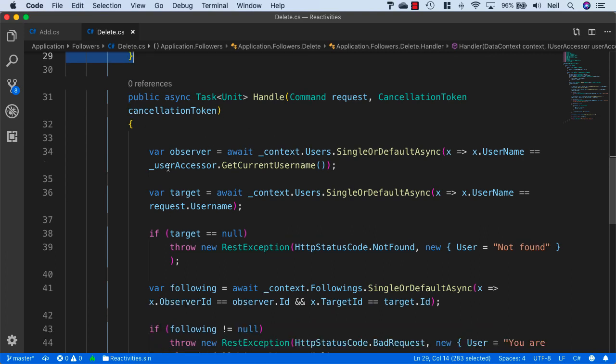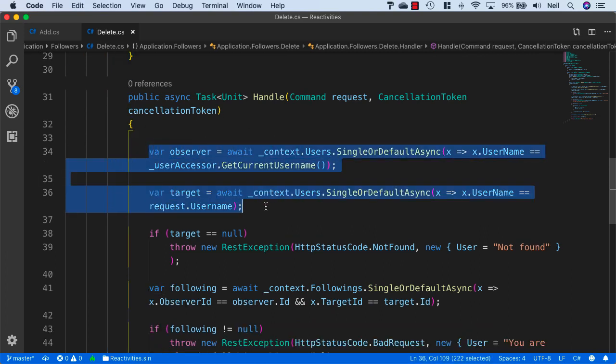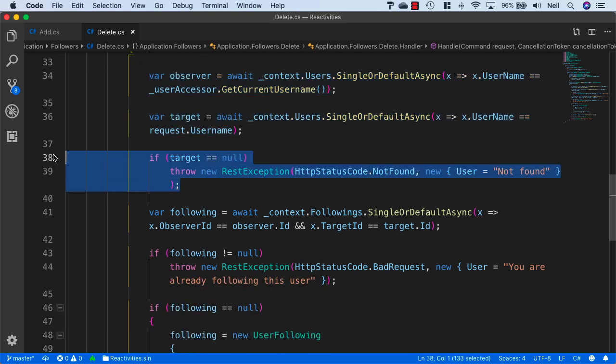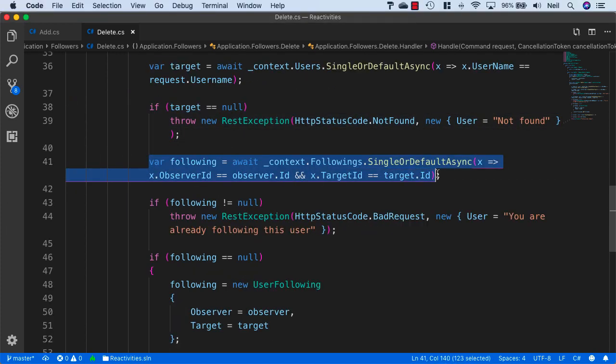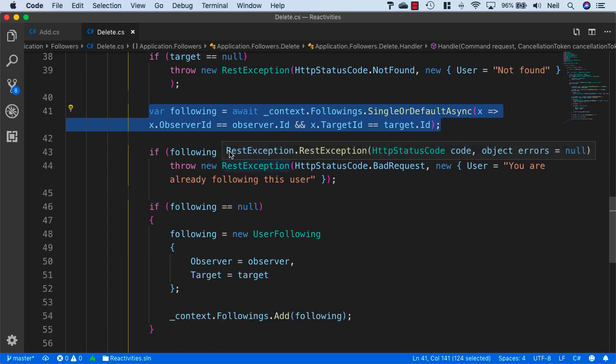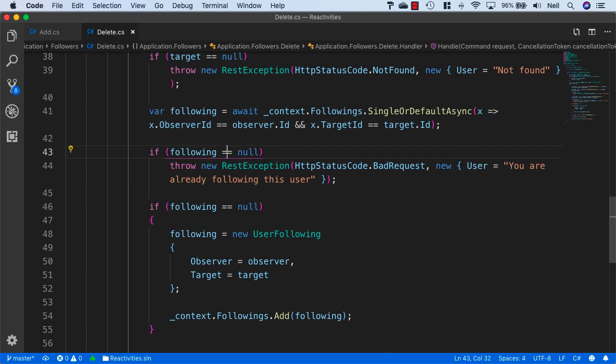And the handler, we still need to get our observer and the target, and these are going to stay the same as well. And we also want to make sure the target is not null. And we also want to get the following from the database. And this time we want to check to see if the following is null, because if they're trying to delete a following and they're not already following a user, then we don't want to allow that, because it's simply not going to be possible. And we'll just say in the message here,